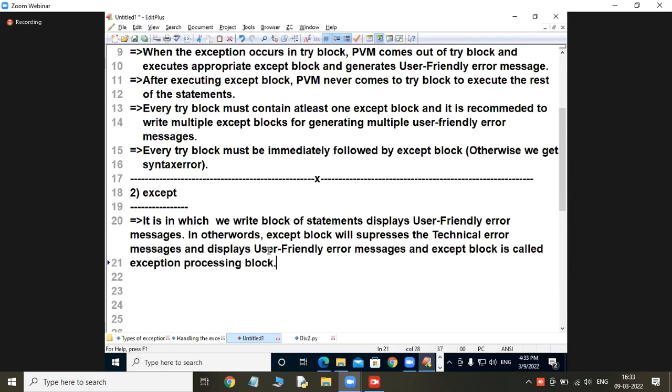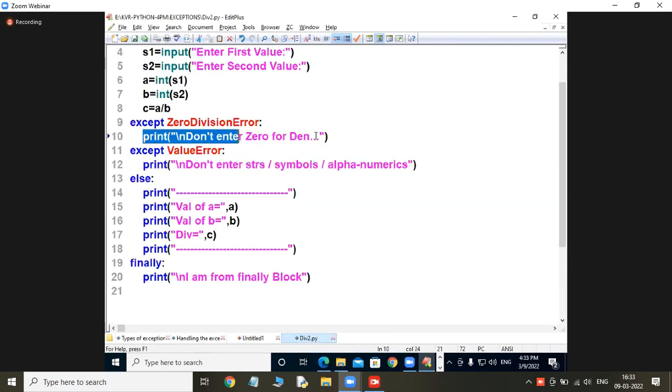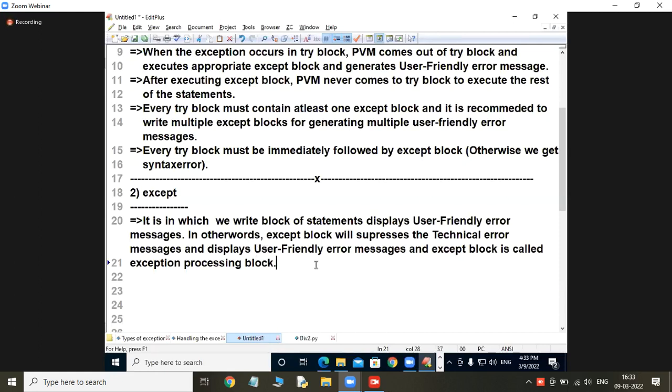Try, except, else, finally, raise. Like that they will ask. You have already seen the systematic programmatic part, and we are going to see more and more systematic examples.